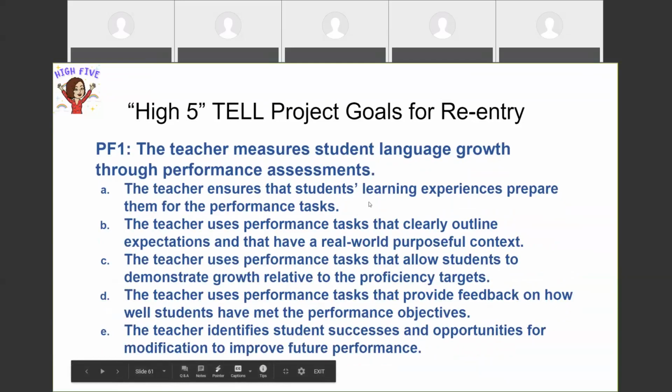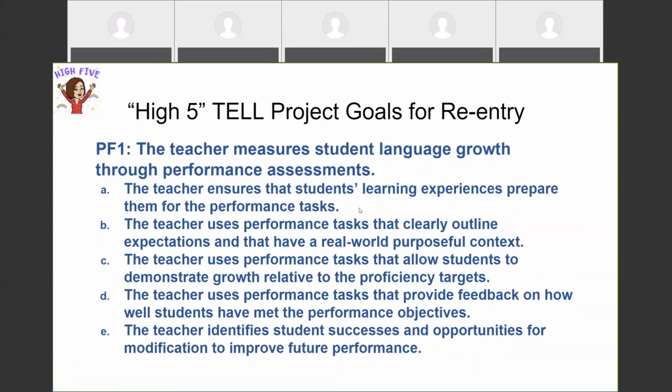We're going to make sure that our students' learning experiences prepare them for the performance tasks. Everything that we've shown you is a performance task. You're then helping to prepare them, kind of like little mini rehearsals all along, so that when they have a more summative performance task, they've already had those experiences. Think of it, for example, if you're teaching somebody how to drive, they'll have learned how to turn the engine on and off. They'll have learned how to check all their mirrors. They'll have done all those little steps before you actually take them out on the road and give them the full driving test.